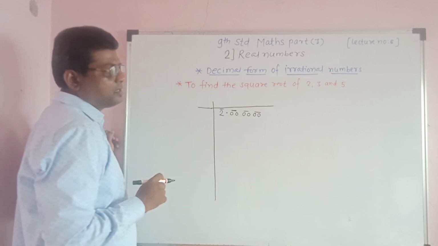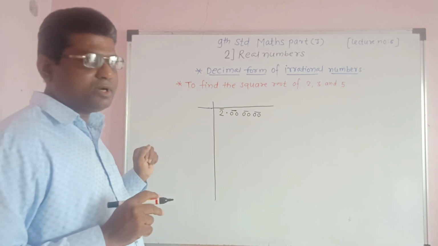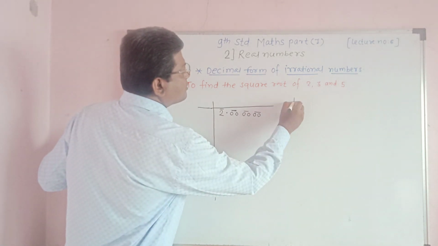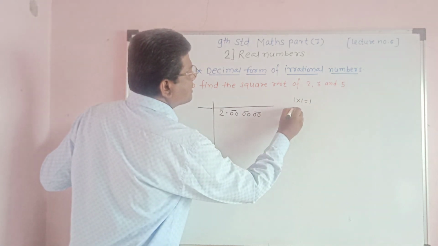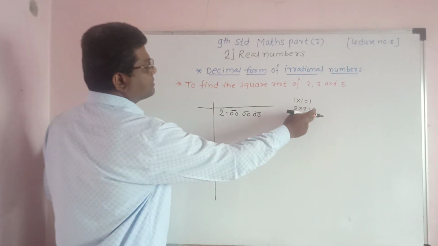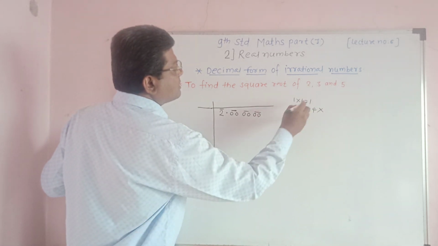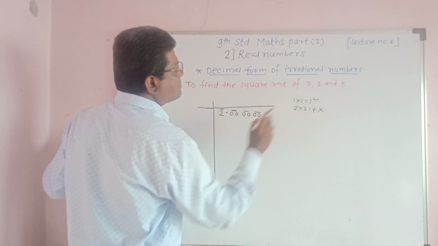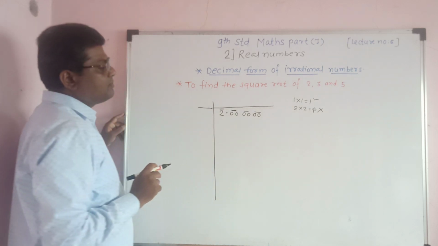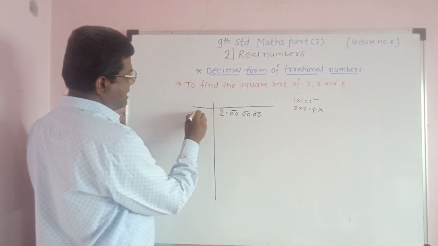here consider the number 2. Now find such a number whose square is equal to 2 or less than 2. If we see, 1 into 1 will be 1 and 2 into 2 will be 4. So this 4 is greater than 2, so we don't take this number, and 1 into 1 is equal to 1. This 1 is less than 2, therefore we take that number 1 whose square is 1, which is less than 2. Then we write here 1,